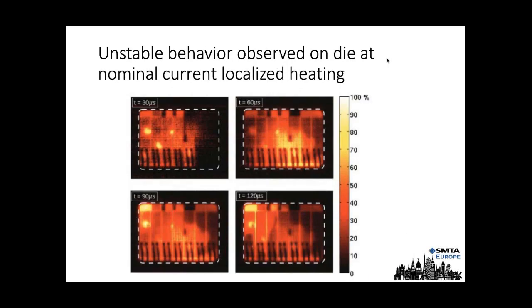These are heat graphs showing differences in heating across the die at different times. You can see very, very quickly the die is heating up, and you have a lot of varying hotspots, which are really potential sources for problems. Obviously, if you have voids in your system, this is the sort of thing that you're going to see.